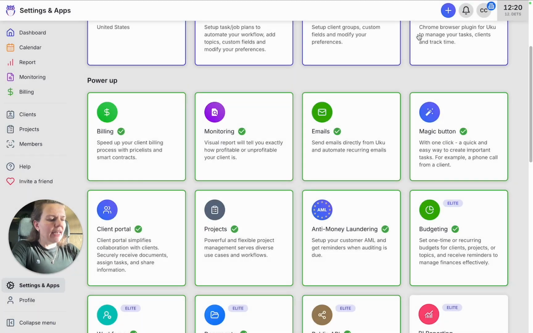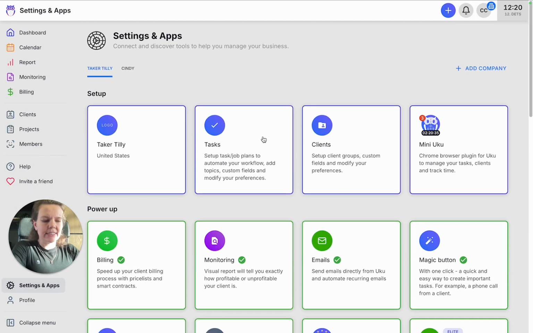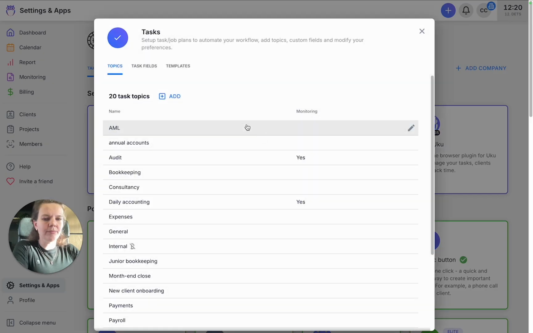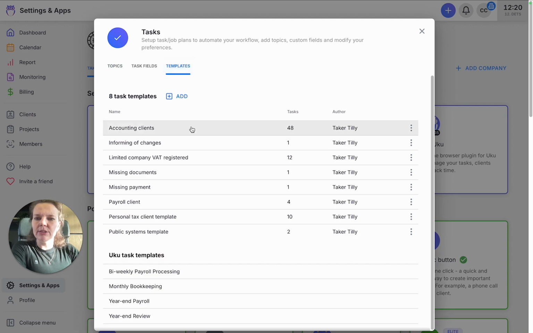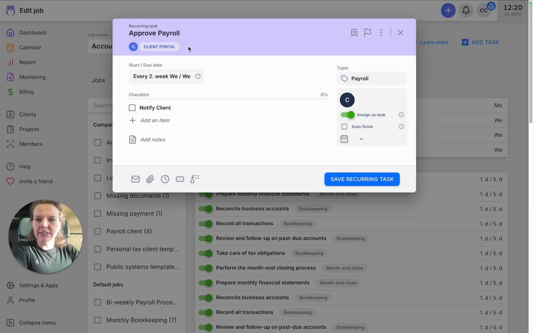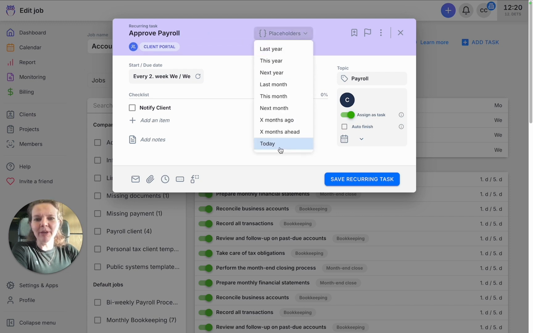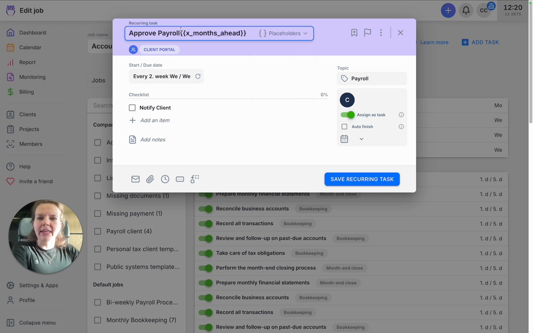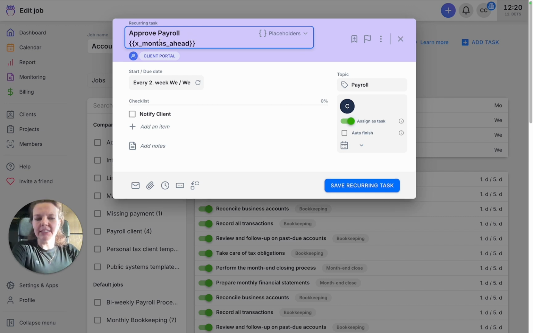Okay, let's go take a look at the tasks as well. And let's open the task templates. Now also for tasks, we have new placeholders. Much like for the email periods, you can also add X months ago and X months ahead into the title of a task.